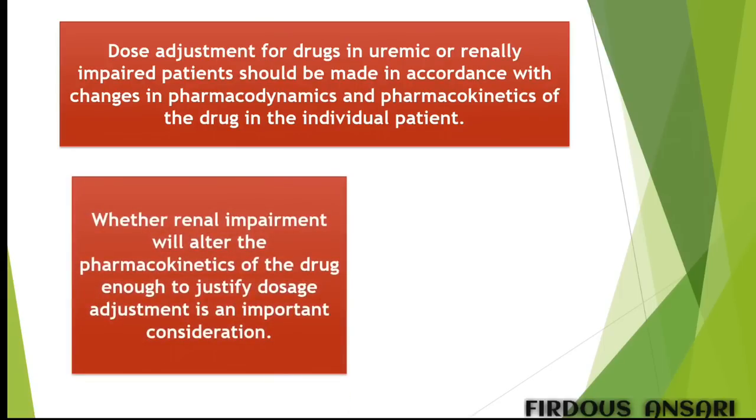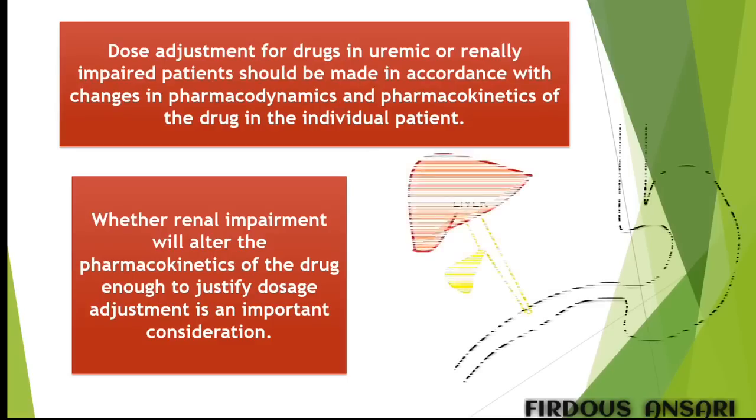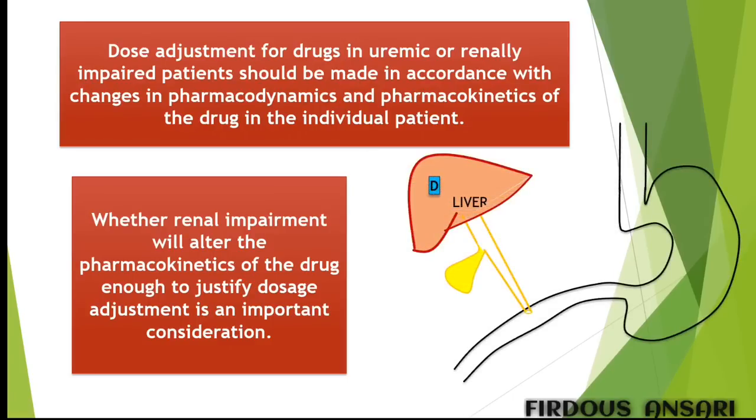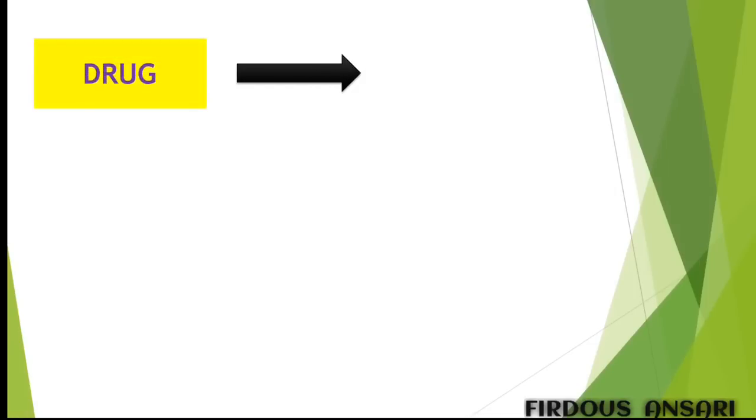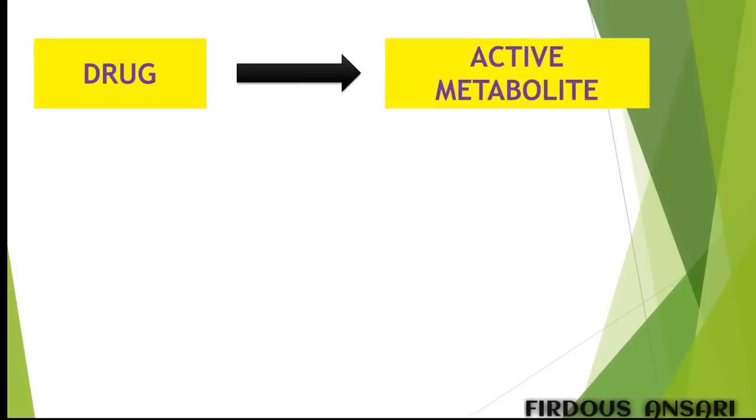Whether renal impairment will alter pharmacokinetics of the drug enough to justify dosage adjustment is an important consideration. For many drugs that are eliminated primarily by metabolism or by biliary secretion, uremia may not alter pharmacokinetics sufficiently to warrant dosage adjustment. Not only drugs but even their active metabolites must be considered for additional pharmacological effects when adjusting